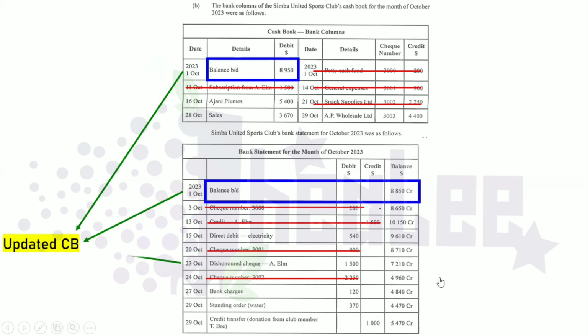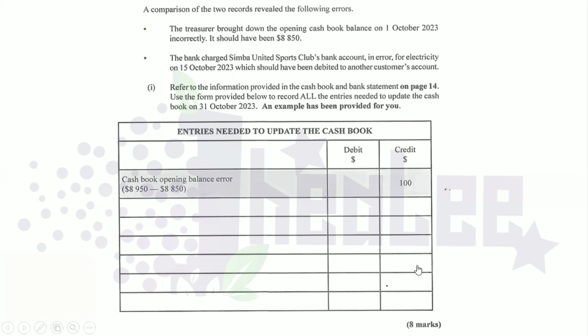Our next item there will be the dishonored check. Now, the effect of the dishonored check, you're realizing that it's a debit to the bank statement. So it means that we now need to credit that in our updated cash book, because a debit in the bank statement shows that there's a reduction in your bank balance. So in our cash book, we are going to credit that $1,500. So the details is dishonored checks, AL, and the cash book should be credited with that